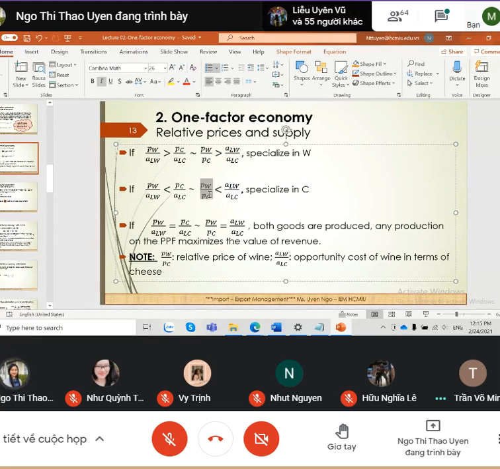The opportunity cost of wine in terms of cheese is higher than the relative price of wine. So, from the perspective of the wine producer of the country, when they produce wine, the relative price of wine is what they receive, what they get